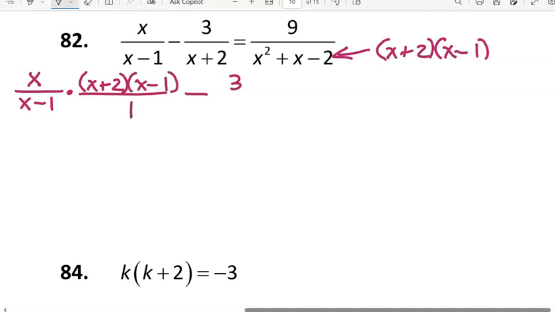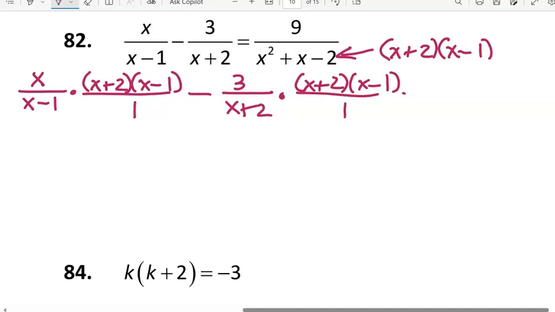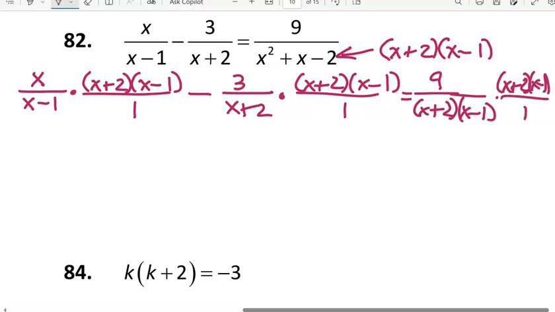And then second term, 3 over x plus 2, also multiplied by that LCD. And that equals 9 over x plus 2 times x minus 1, also multiplied by that LCD. Now for each of the multiplications we can divide out the common factors,